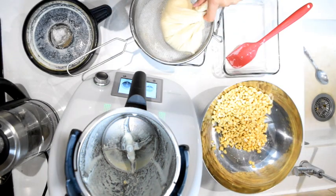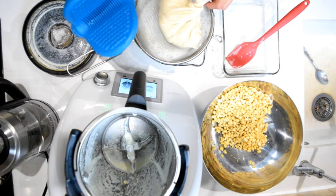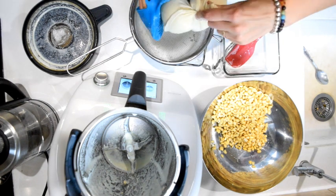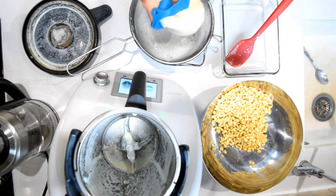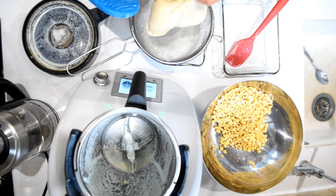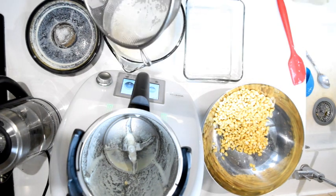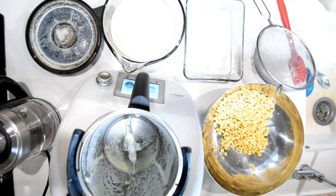So now I've squeezed as much as I could with a spatula, and now I've got this silicone little kind of mitt. So because it's still hot, that will help me to squeeze a little bit more out, as you can see. So be inventive, see what you can use to squeeze out, or you could leave this obviously to cool down more, and then you could squeeze it just by hand properly. So this is as much as I can squeeze out, and we've got a litre of milk now,